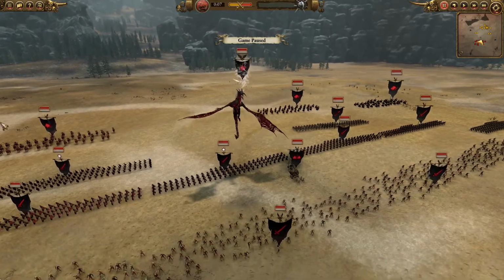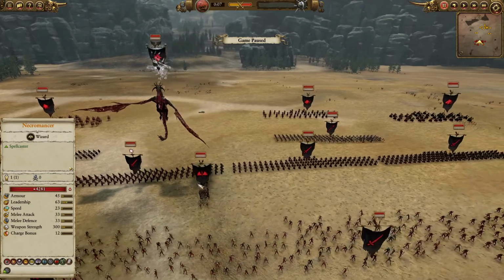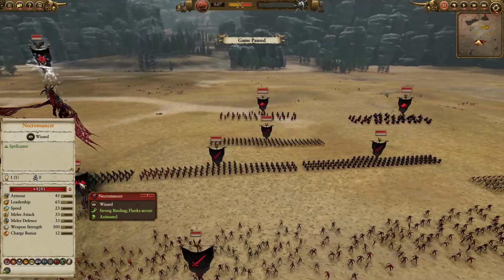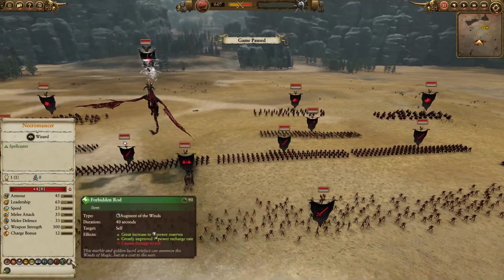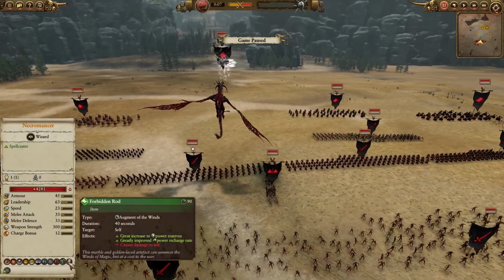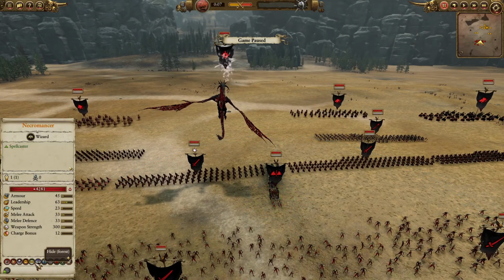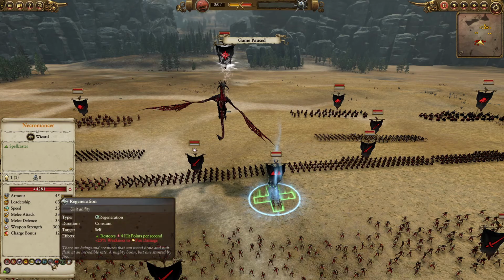For the hero core, we have a Necromancer on a corpse cart who has actually not taken any spells, has just taken the Forbidden Rod to be a bit of a mana battery for Manfred up there on the dragon, and obviously with the buffs from the Vigor Mortis. Interesting that he's also taken off Master of the Dead for that little bit of